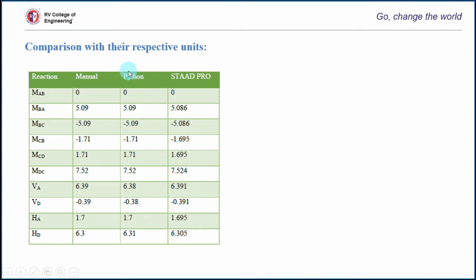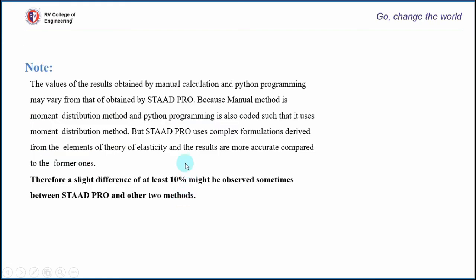As I have used the method of moment distribution in Python and even manually, we are not going to get much difference, but we are going to get a little bit of difference in StatPro, because StatPro uses the formulas of theory of elasticity, which includes quite complex formulas, and the results which we have obtained in StatPro are much more accurate compared to the previous 2 methods. Hence we get a tolerance of at least 10% when compared to the other 2 methods.